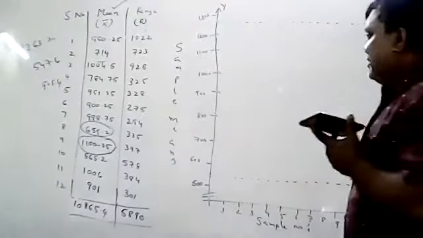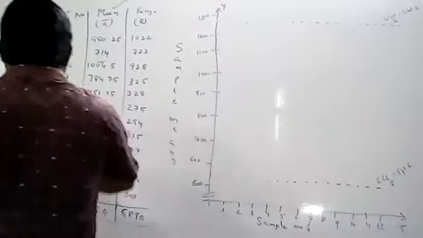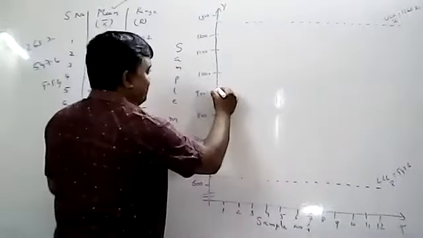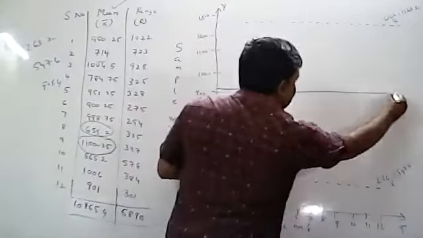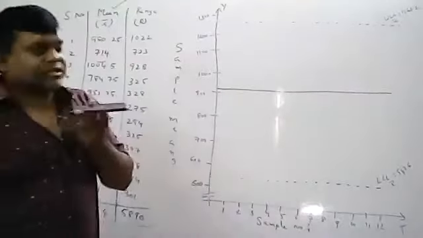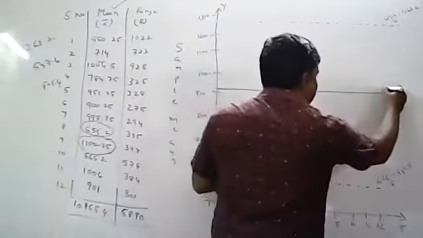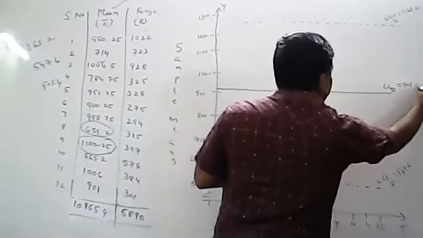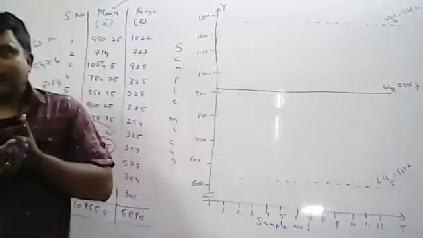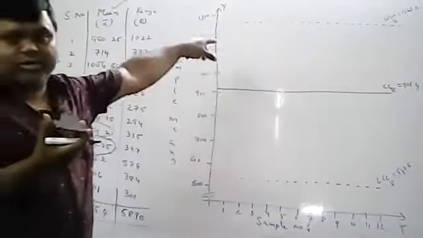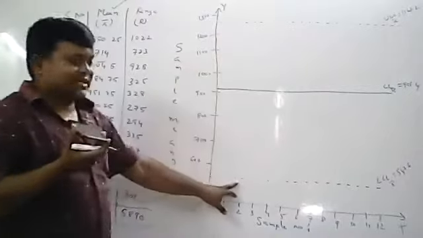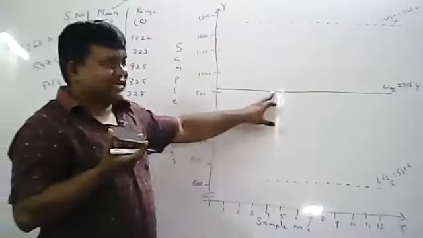Okay, next you have to identify CL. CL is a dark line, that is 905.4, roughly 905. I don't have graph paper, so roughly I am identifying. CL x bar is a dark line. So CL x bar equal to 905.4. I think all of you understood how to construct a mean chart now. UCL is always a dotted horizontal line. LCL is also a dotted horizontal line. CL is a dark line.